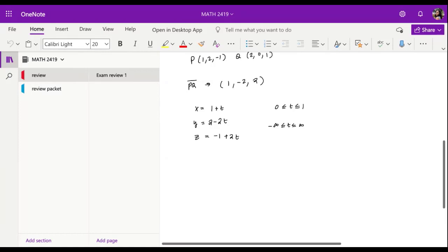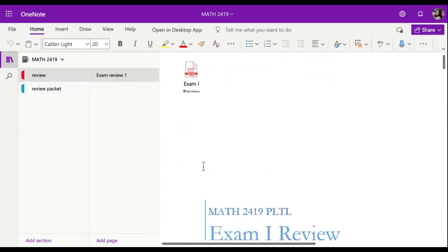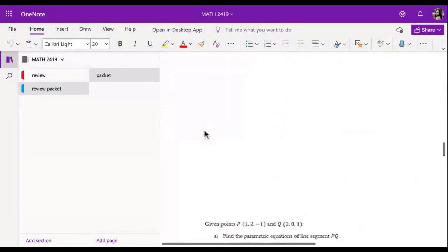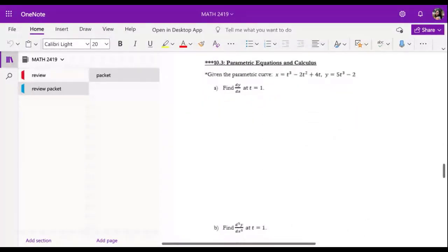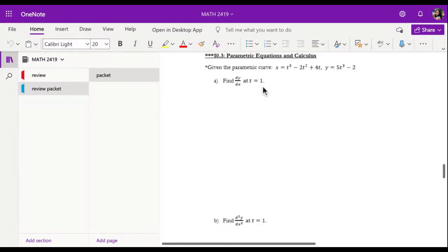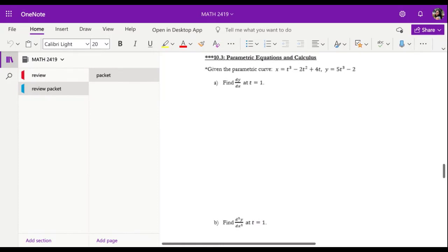Any questions about this before we move on to the calculus parametrics? Okay, so let's move on to the next question. And next we have find dy dx at t equals 1, given these parametric curves. So this is section 10.3, and so now we're implementing calculus into